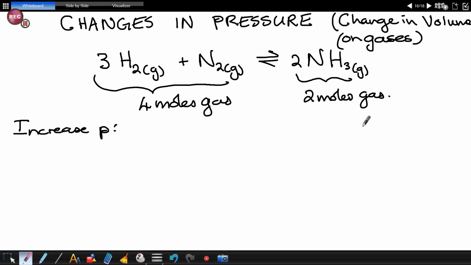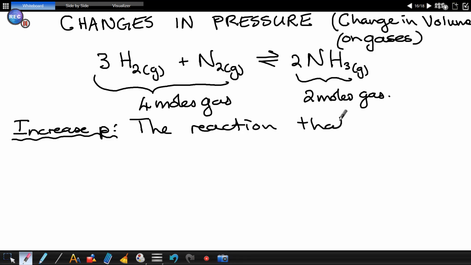So if you increase the pressure, you will favor the reaction that will make fewer moles of gas, because fewer moles of gas will exert less pressure. But the reverse reaction makes 4 moles of gas for every 2 moles there. So in this case, when you increase the pressure, the reaction